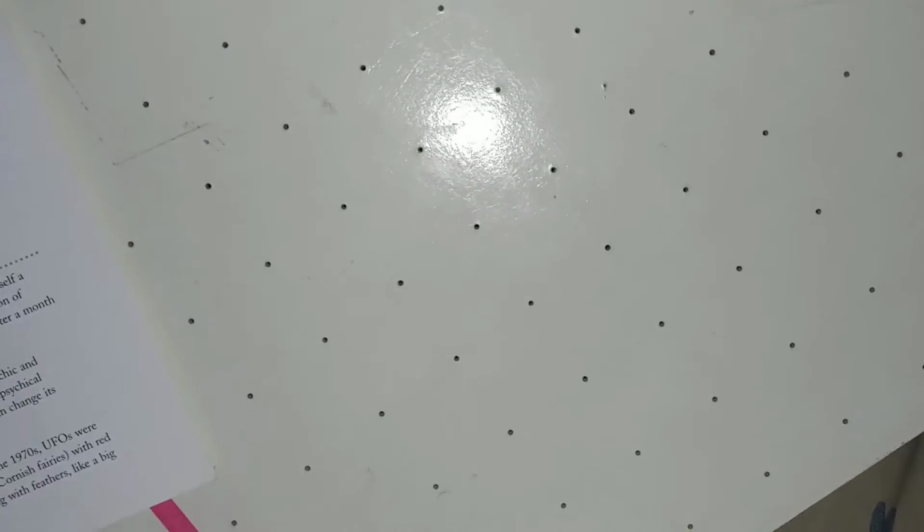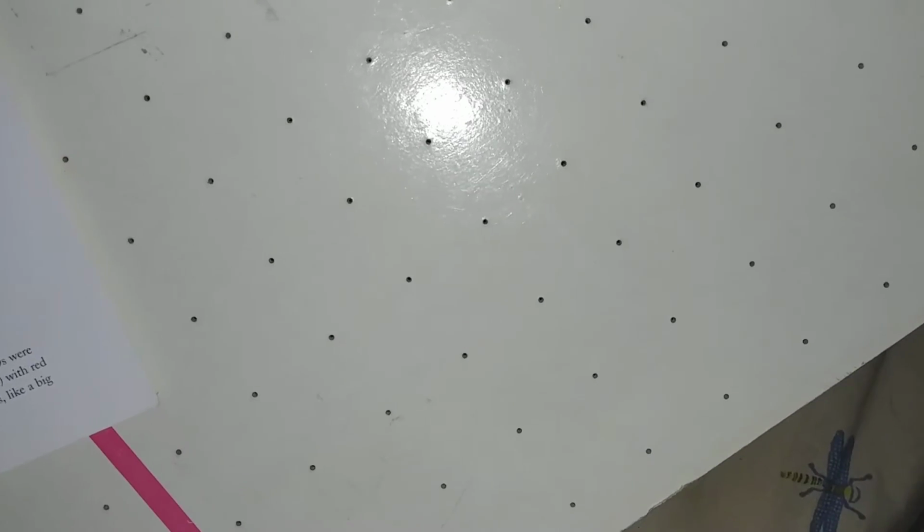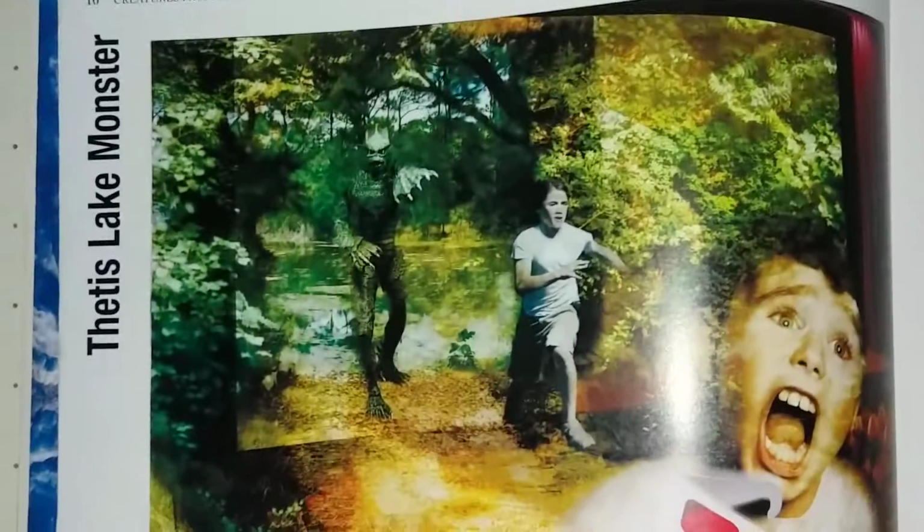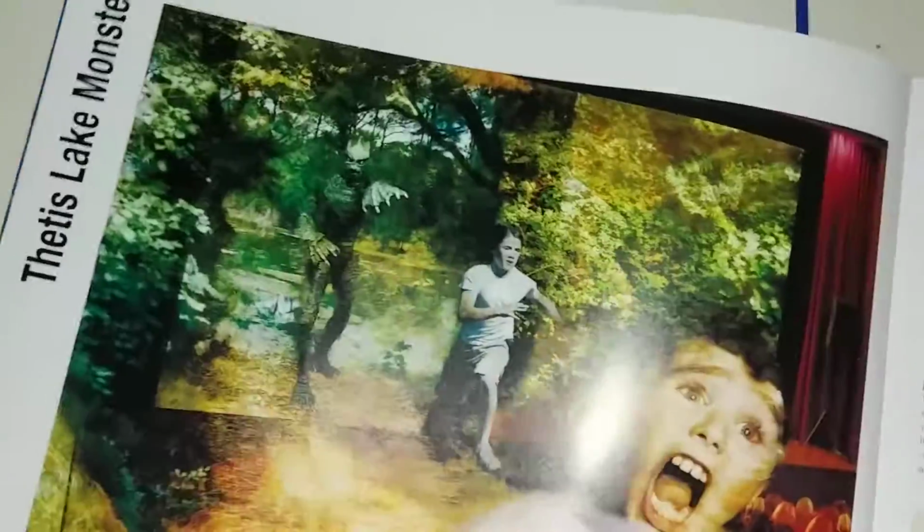Give me one second, because this is probably copyrighted. I want to start on, well, yeah, let's start on this. Now, this is not the Creature from the Black Lagoon. This is the Thetis Lake monster. He's very good at English essays. As you can see,